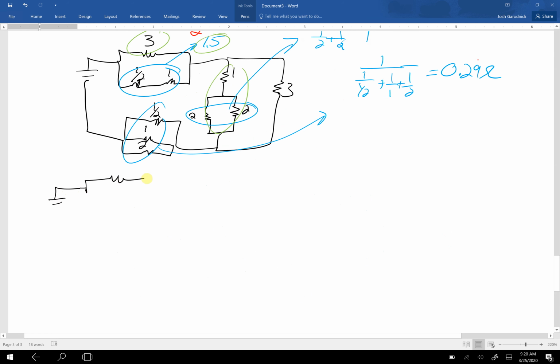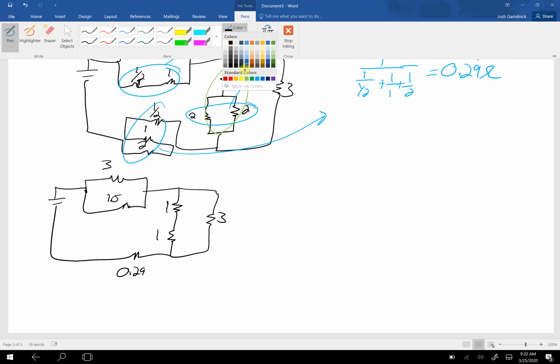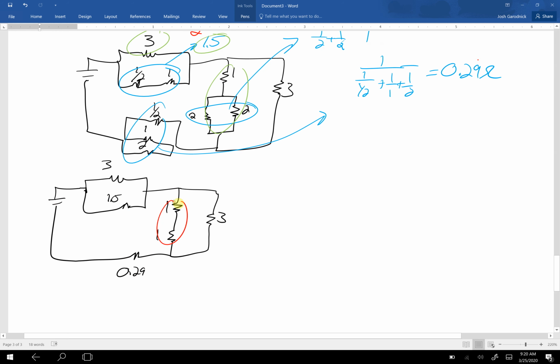We have the 3 and the 1.5. We now have the 1 and the 1, and the 0.29 and the 3 over here. So this is 0.29, this is 1 and 1, this is 3. So my next steps, these two are in series, that's a 2, these two in parallel, that's 1 over 3 plus 1 over 1.5